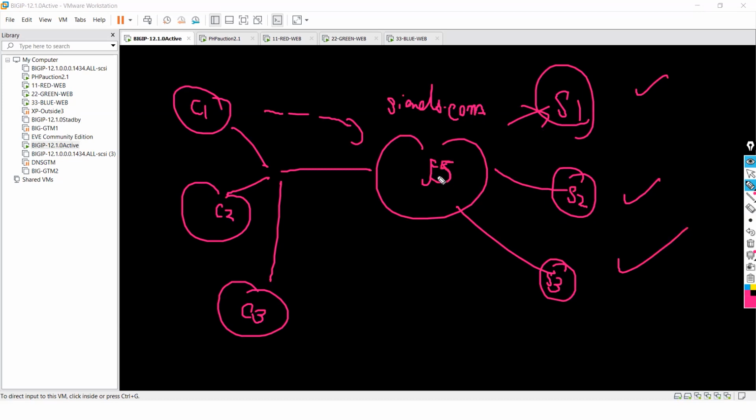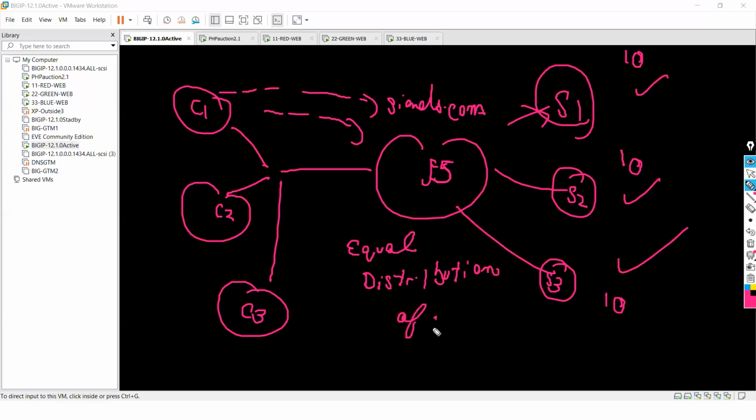F5 will decide, but what is the concept in F5? Who will decide whether client 1, when it wants to connect, should go to server 1, server 2 or server 3? I want equal distribution. If 10 requests are coming here, 10 requests should go here, 10 requests should go here, so that equal distribution of traffic happens.